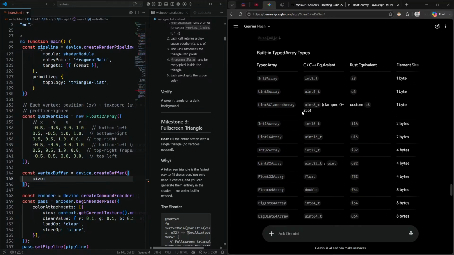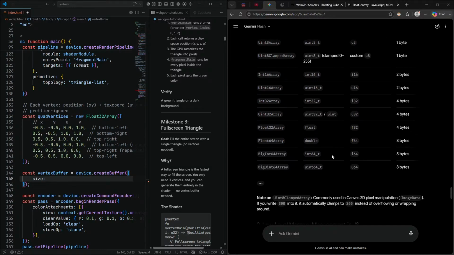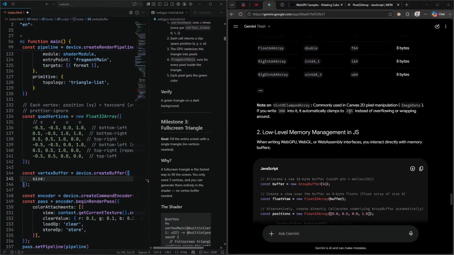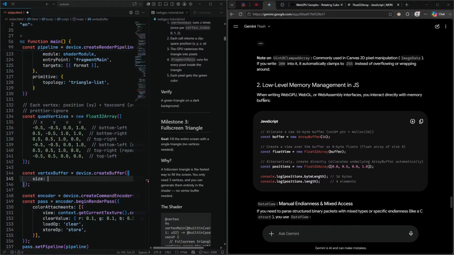Clamped, what does that mean? There's even BigInts, which is quite lovely. Note on commonly used in Canvas 2D pixel manipulation. Automatically clamps, ooh, instead of overflowing or wrapping. Nice. I don't know why you would use that instead of just clamping yourself, honestly. But anyways, when writing WebGPU, WebGL,